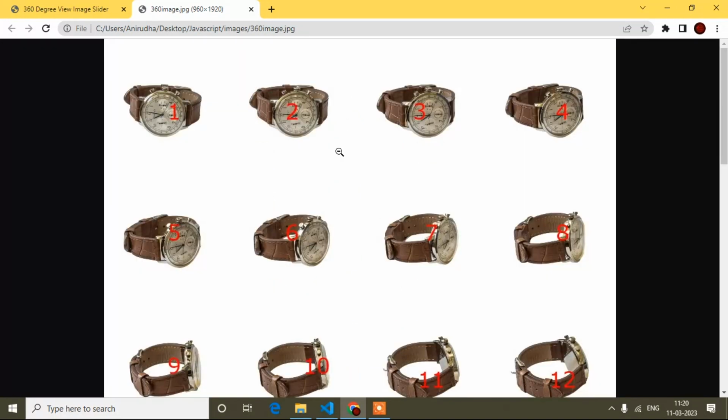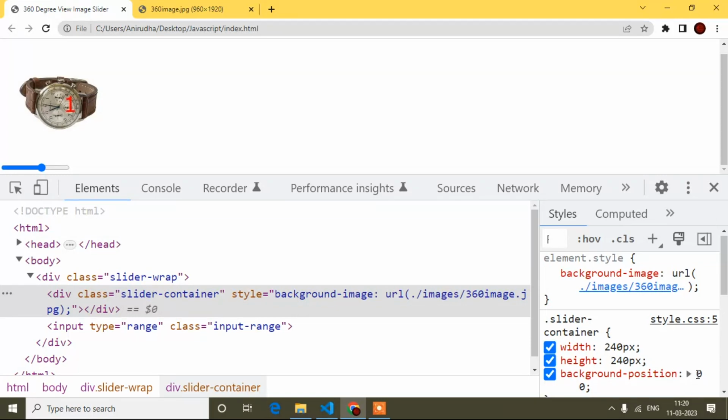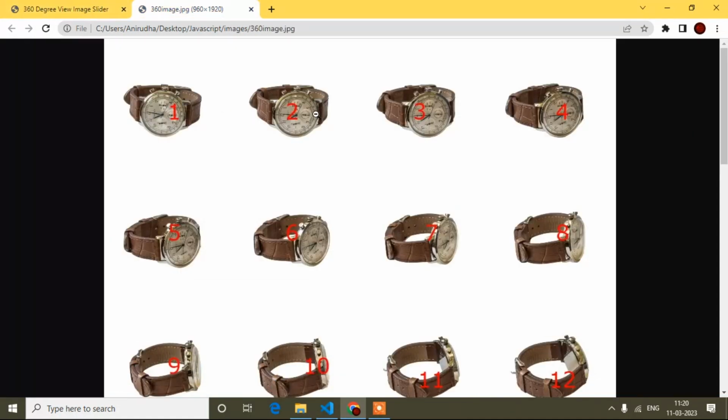I'll zoom in on this one. So the second image will come, then the third, then the fourth. It means it is moving widthwise, that means background position X. So the second image will come when I move it. So one image's height and width is 240.